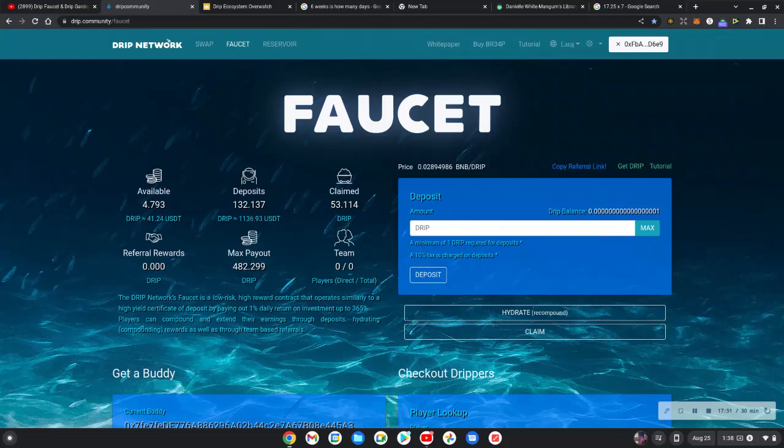So I might just let it accumulate till Forex announces the Animal Farm opening next Tuesday, and I see what the price is going to do. Or I might leave it till October, first week of October. I might not even compound at all. If the price don't move a lot, it stays in the same area, I'm just going to let it accumulate this year. But I'm going to hydrate it all. I'm not going to claim none of it. This is like $41 worth of Drip right there, but I'm not going to claim any of it.